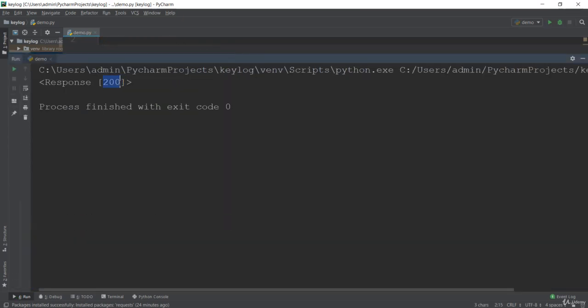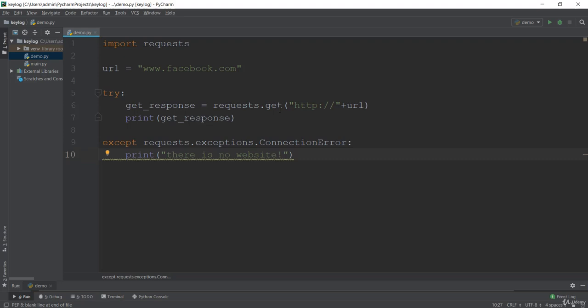So this response is the HTTP response. We'll see more about this response code in an upcoming lecture when we pen test some applications using a JavaScript payload. But for now, just remember this is the way in Python to get the URL and check for its response. If there is a website, it will get a response with a 200 status code. If there is not, we'll catch this exception. It will print something, or you can simply pass here instead of printing anything. So this is the way to do it with the requests module.